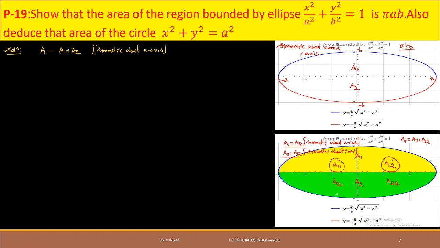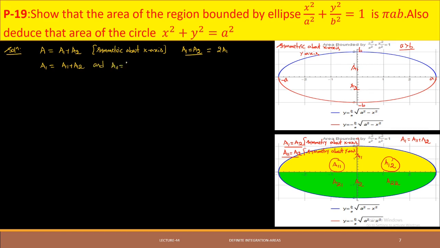So one is shaded in yellow color region and the other one is shaded in the green color portion. And further, a1 is equal to a2, so this is equal to 2 into a1, let us say. Now further, a1 is equal to a11 plus a12, and